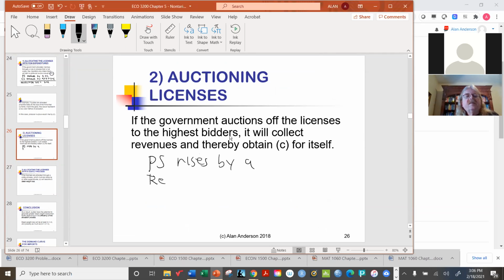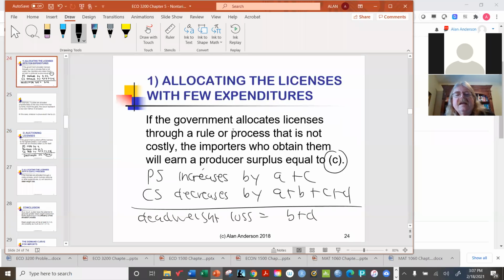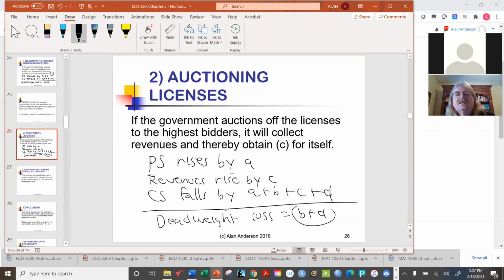tax revenues for the government rise by C, but consumer surplus always falls by the sum of these. So the net effect is that dead weight loss is B plus D, the two blue triangles. All right, so in this case, the dead weight loss equals the blue triangles, just like a tariff. But if we have some ridiculously cumbersome process for allocating the licenses,